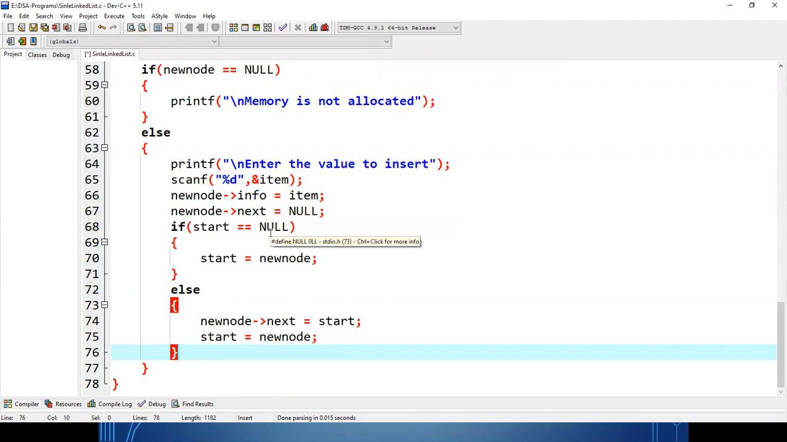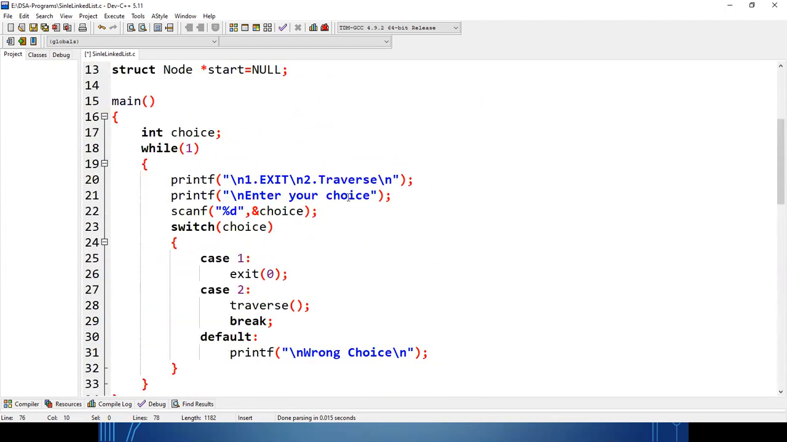So if start equal to null, then whatever the new node I have created, that is the first node. I'll assign the new node's value or address to the start, then I'll leave. Otherwise, I need to connect the rest of the list with the new node, then start equal to new node. Okay, so I have to add also here